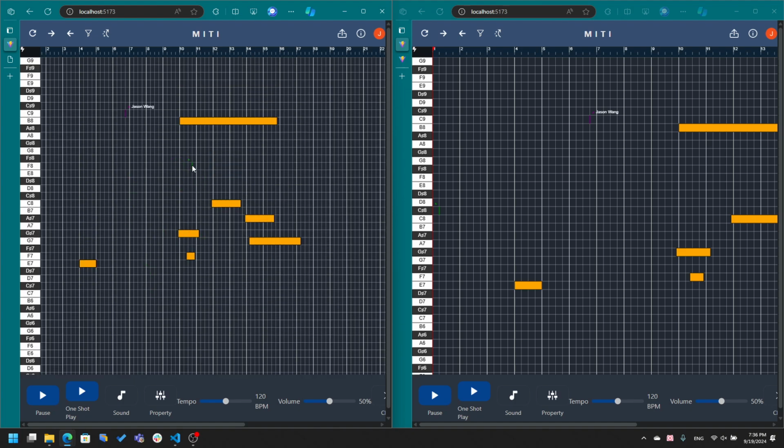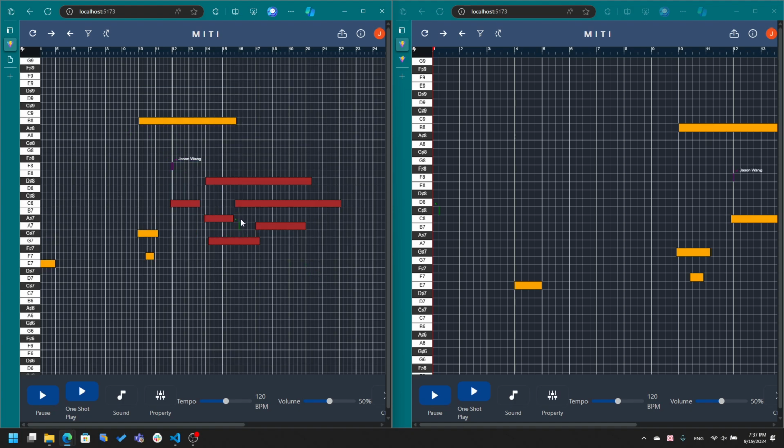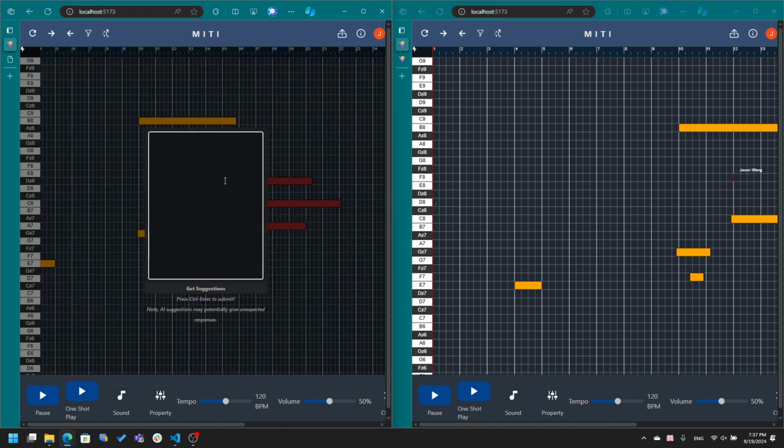Okay, now let's go over another feature we have here, which is basically GitHub Copilot for a MIDI editor. So what you can do is have a bunch of notes here. Oop, clicked on it to delete it, but there we go. So if I select it and I press Control Shift, I can have this pop up, and I will basically say something like, "Hey, I have this melody," or "Hey, I have this chord progression. Can you make me a melody corresponding to it?" And the AI will think, and it'll generate corresponding notes